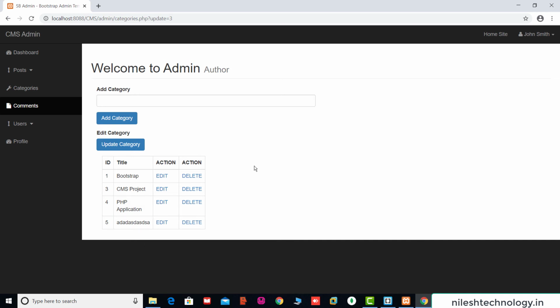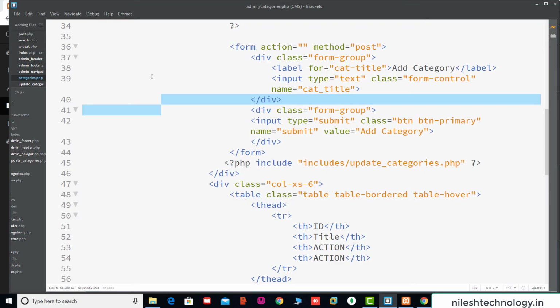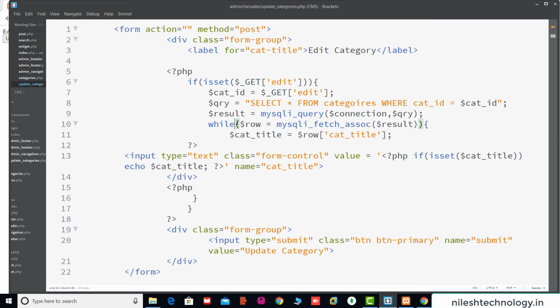There is some issue. Again going to this categories, update categories file. See here, this is the PHP script. Here we close this while loop, and this one is the if statement. Close this script. This is another script.